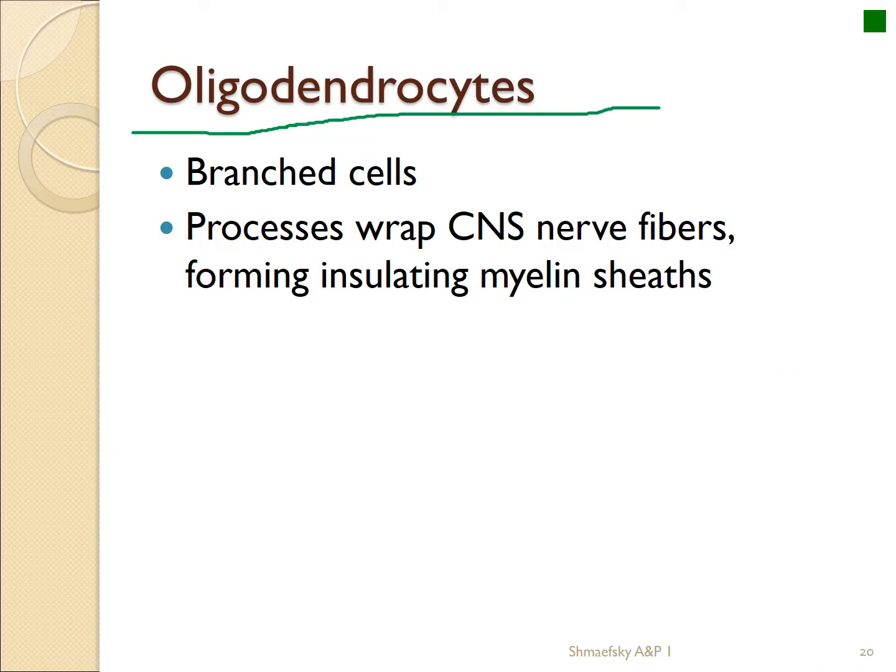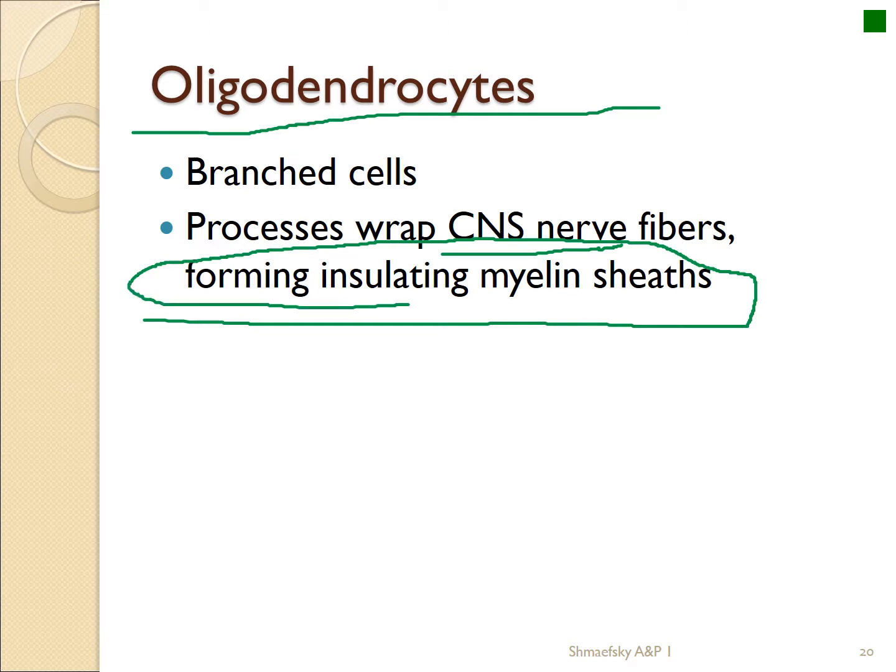Then there are the oligodendrocytes. And these are the equivalent of astrocytes, except they're found in the central nervous system. So these are sort of like the astrocytes of the central nervous system. And they form a type of material called myelin in the brain. Okay,